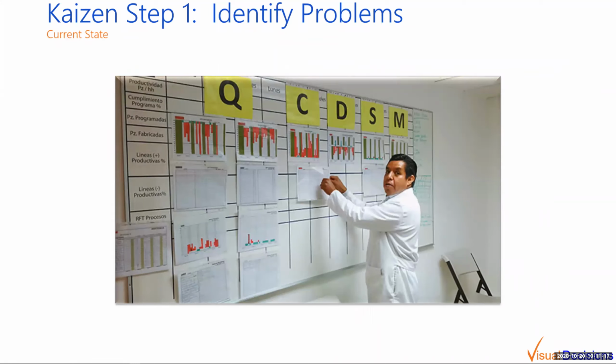Another very common way of looking at this is with KPIs, key performance indicators, and very often in manufacturing, especially in Lean Six Sigma houses, these are organized into categories for SQDCIME: safety, quality, delivery, costs, inventory, manpower, and environmental. And as I mentioned earlier, for a lot of companies, especially around Lean Six Sigma, these are tracked in a very manual fashion very often and displayed on these boards,